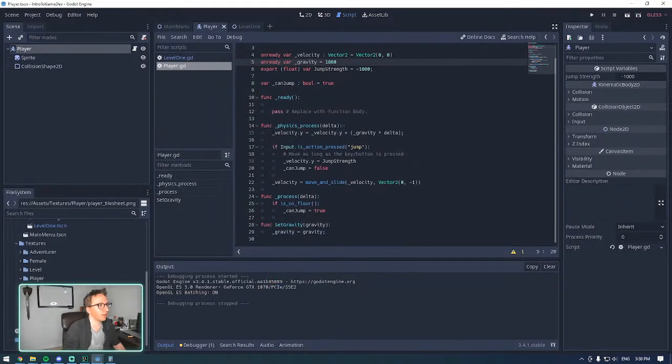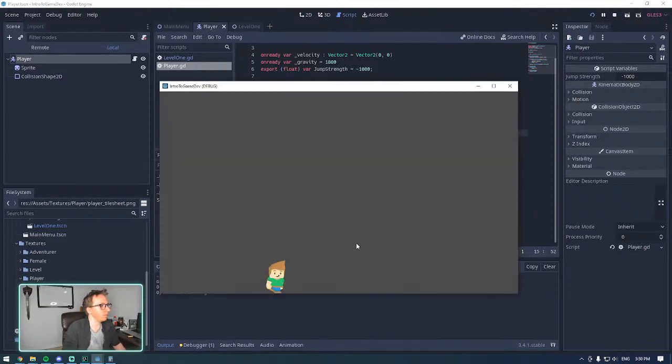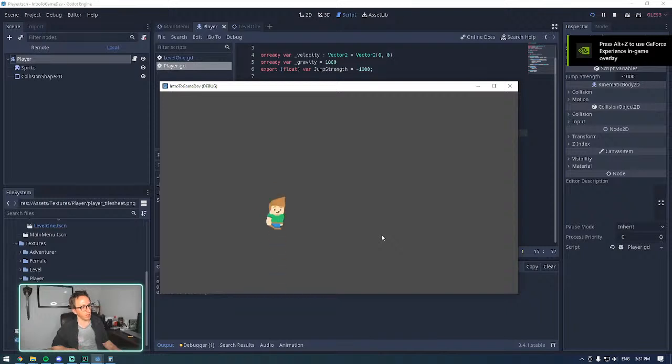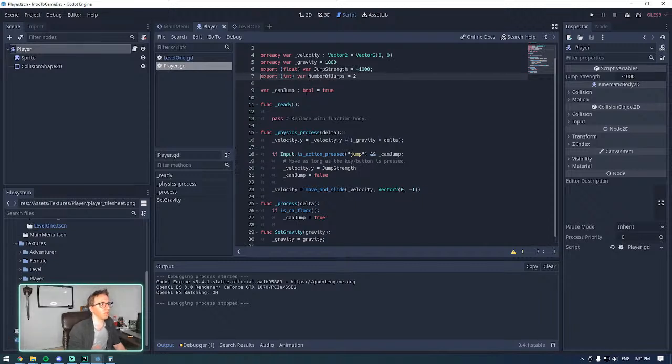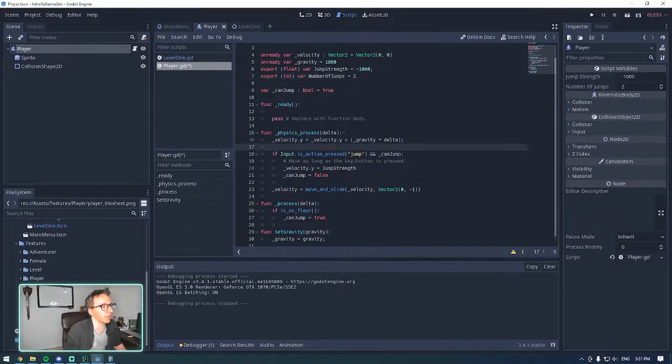Oh, right. And can jump. So now, if I'm just holding the space bar, every time he hits the ground, I can jump again, but it doesn't let me jump more than once. If you want to do a double jump, we'll make this an export integer var number of jumps equal 2, and we will say can jump, and what